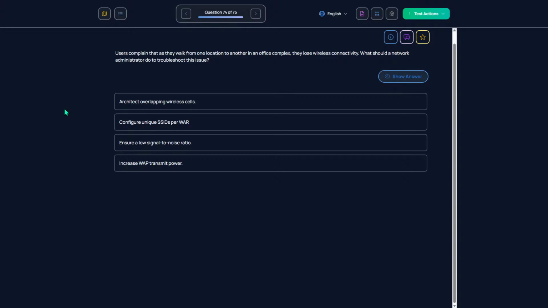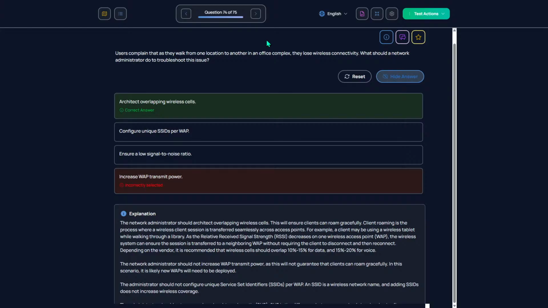Users complain that as they walk from one location to another in an office complex, they lose wireless connectivity. What should a network admin do to troubleshoot this issue? Architect overlapping wireless cells, configure unique SSIDs for wireless access points, ensure low signal to noise ratio. They should increase the transmission power, shouldn't they? No. Oh, okay. I guess they should not do that.